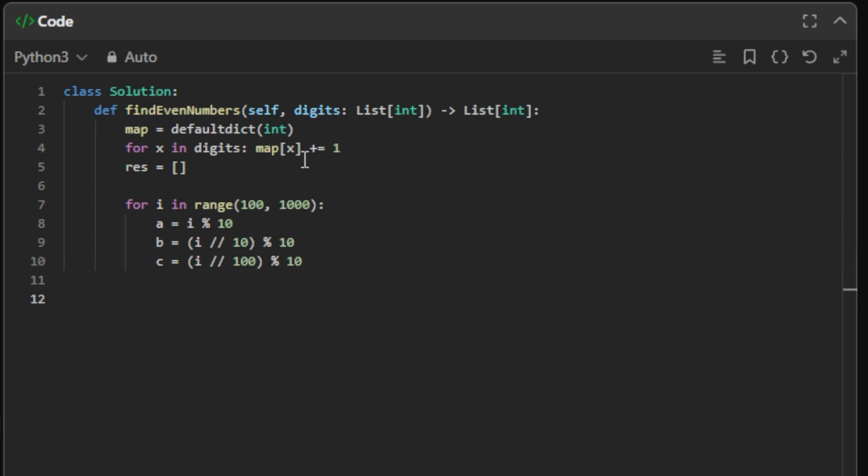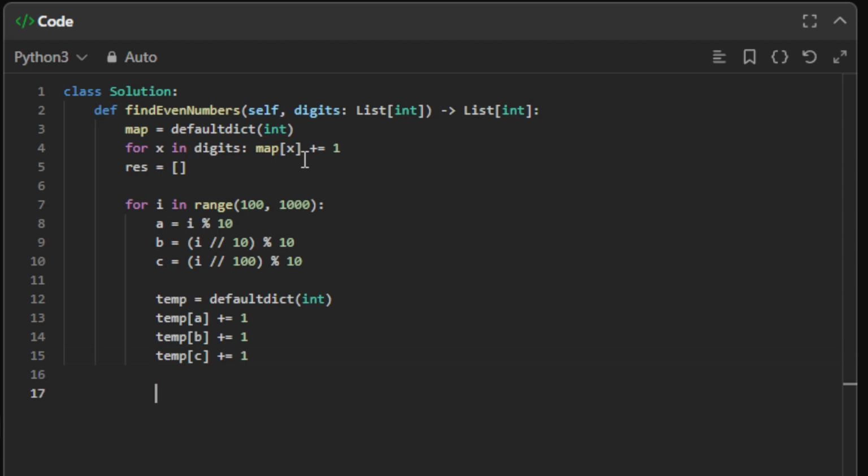Now we want to create a temporary frequency map to store these digits, so temp equals default dictionary with a default of 0 also, and temporary at a plus equal 1, temporary at b plus equal 1, temporary at c